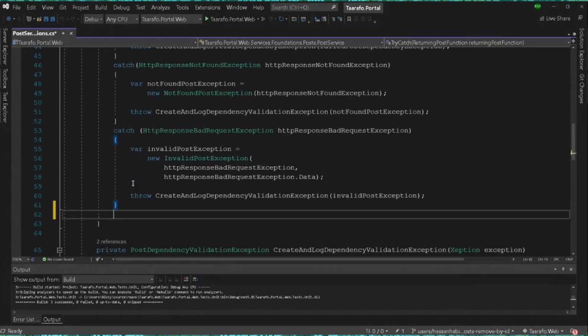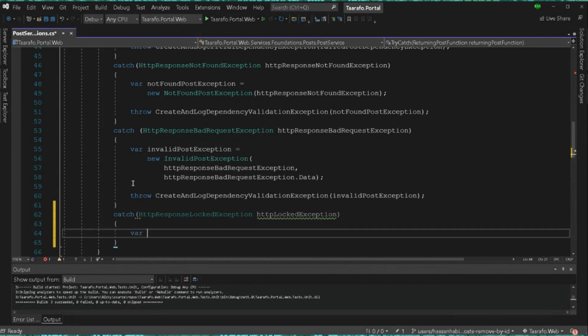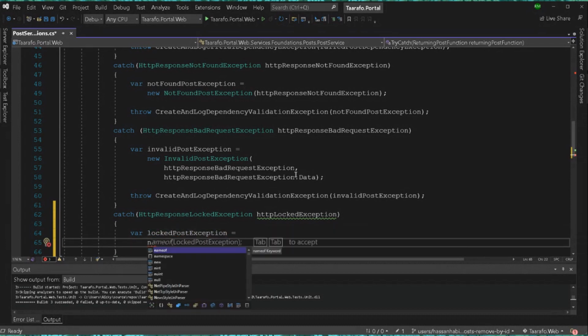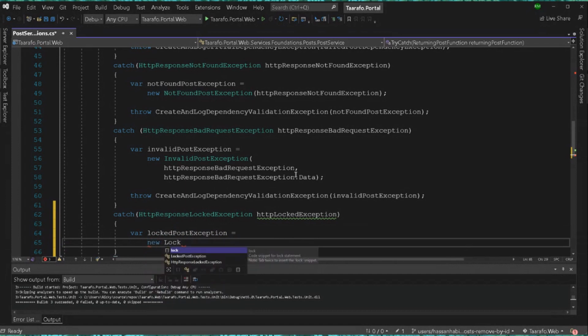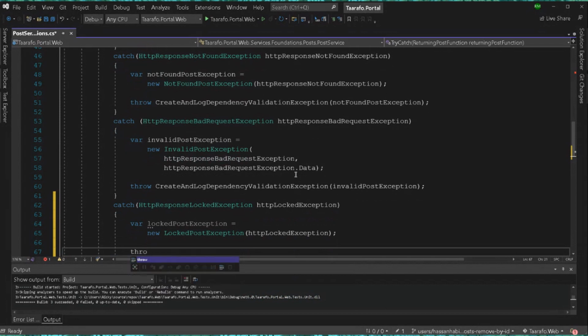Yeah, I guess I could put it here. So it would be catch HTTP locked exception. HTTP locked exception. For that, I believe, what was the name of it again? I think it was locked, right? Yeah, locked post exception. Locked post exception. Pass in HTTP locked exception. And then just throw